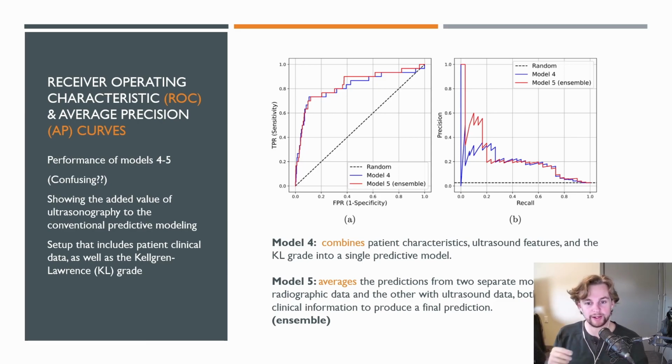Sorry if I'm losing you. We have the second model, which is the X-ray and the patient characteristics, and then we have the third model, which is the ultrasound and patient characteristics. Those are averaged into the ensemble model, so that is model 5 in this particular slide. It is a little bit confusing how they decided to label it that way. But you can see that it's very close. Both are pretty comprehensive models that encompass a big area. But model 5 actually outperforms model 4 a little bit, which just means that the ensemble, the average of the two, was more effective.